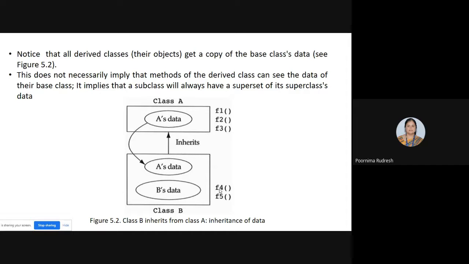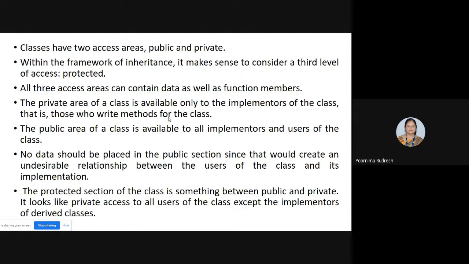So here the methods are F4, F5. It is not necessarily that they can see the data of A's class. Means it implies that the subclass will always have a superset of its superclass data. Understood?